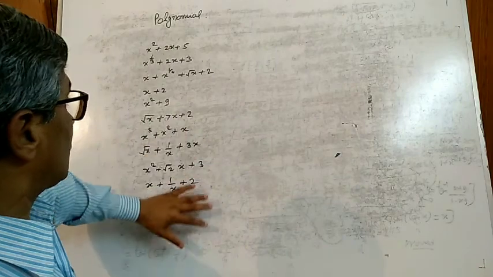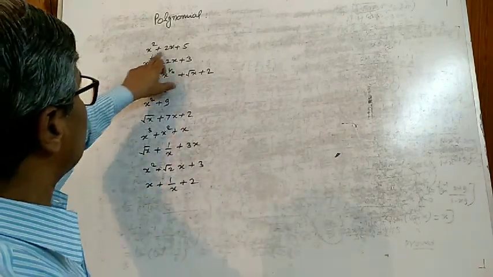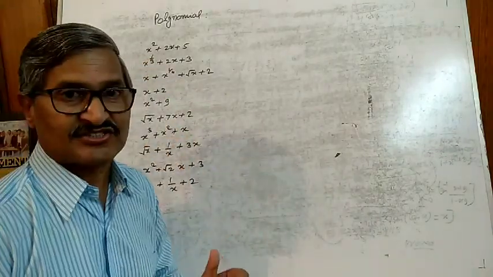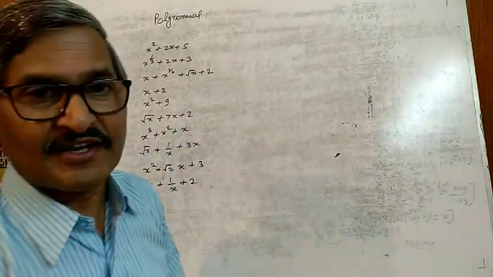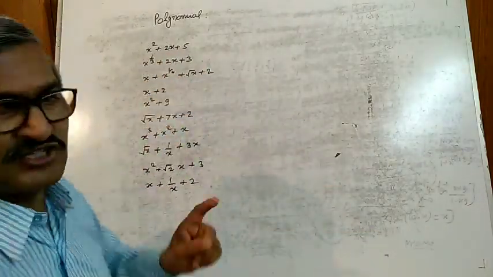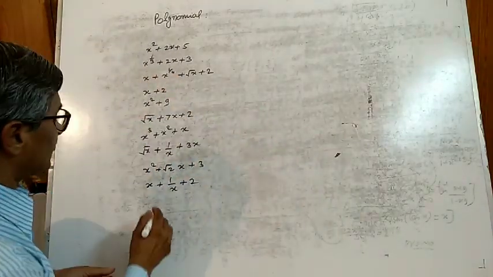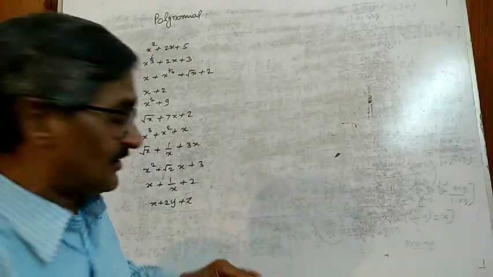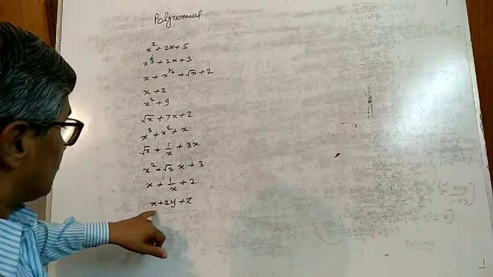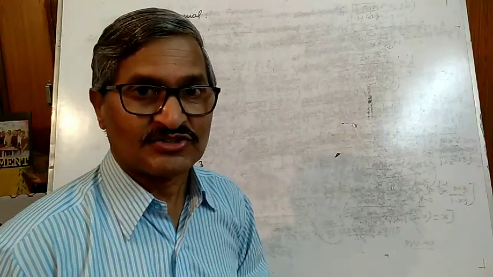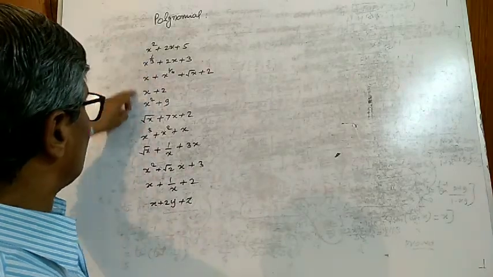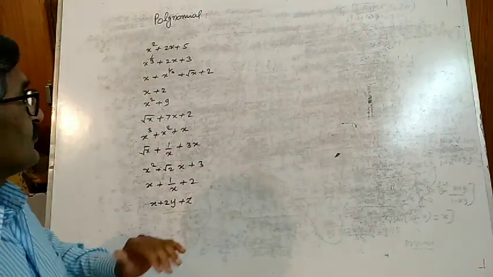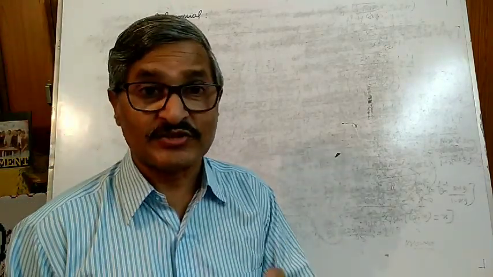Here you see these are algebraic expressions because algebraic variable is involved. Here I have written only variable x. There can be more than one variable, but this is algebraic expression in one variable. If there are other variables like x plus 2y plus z, this is also an algebraic expression which is involving three variables. So here we are going to study polynomials, algebraic expressions involving one variable, and in this we are going to see what are the algebraic expressions which are polynomial.